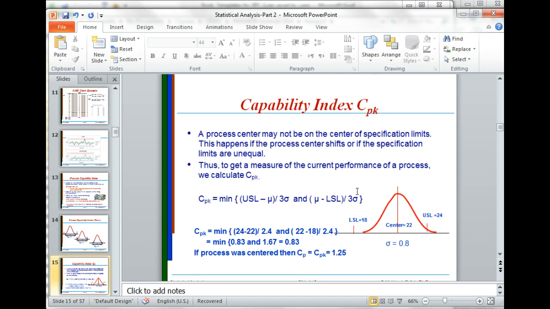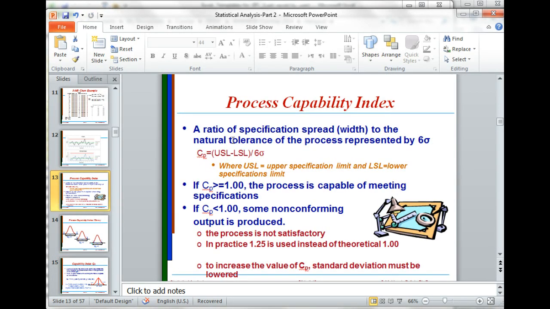So what I showed as a CP, the capability index, is that if your process is centered around the specification limit, in other words, the mean of the process and the mean of your specification limits are on each other, then the formula I showed before is what you use. You take the difference between the upper and lower specification limit, divide by 6, and that 6 is standard deviation, and that gives you the